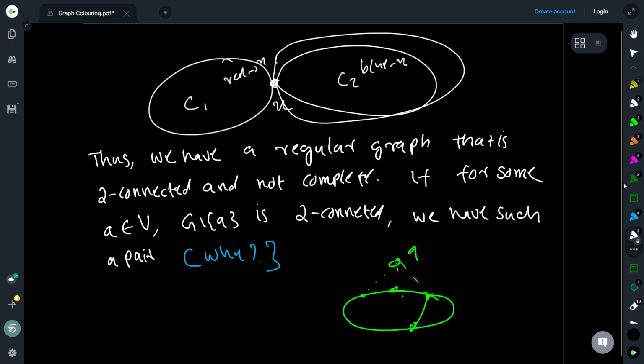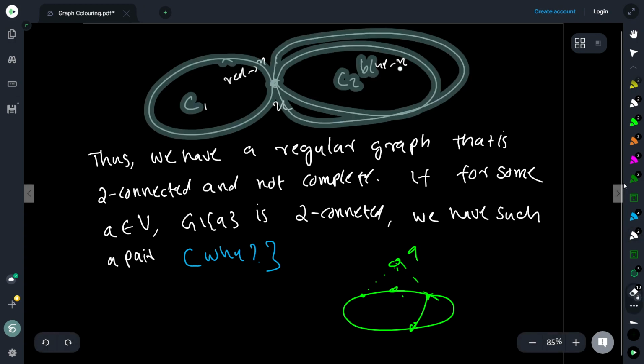Now if I put them back together, there is no problem, because x is always colored consistently and properly. The component is colored properly, and x is always getting the same color. When I put them back together, its neighbors are all properly colored in each of the components. And therefore, we have a good coloring. So we can assume without loss of generality that there is no cut vertex.